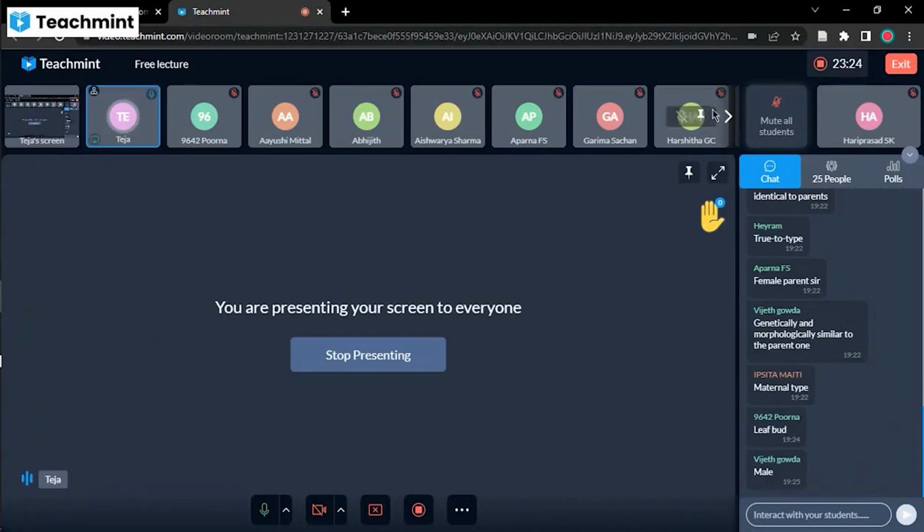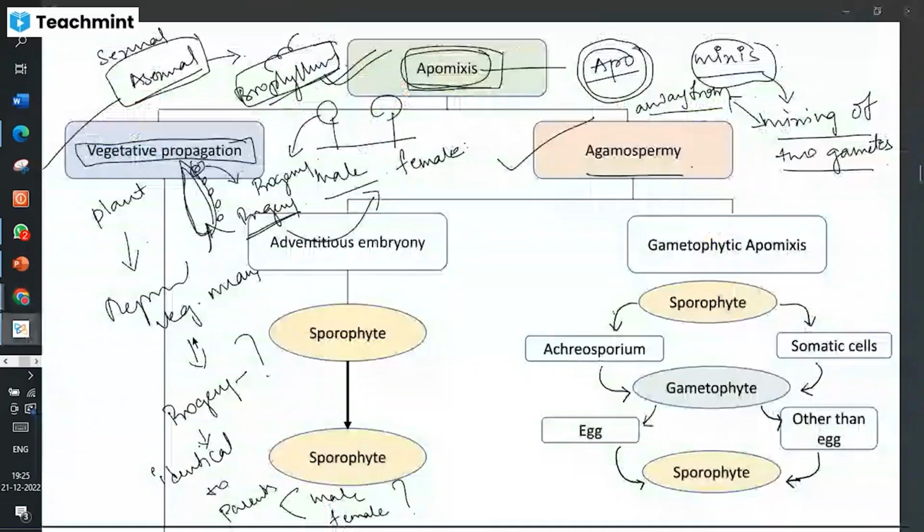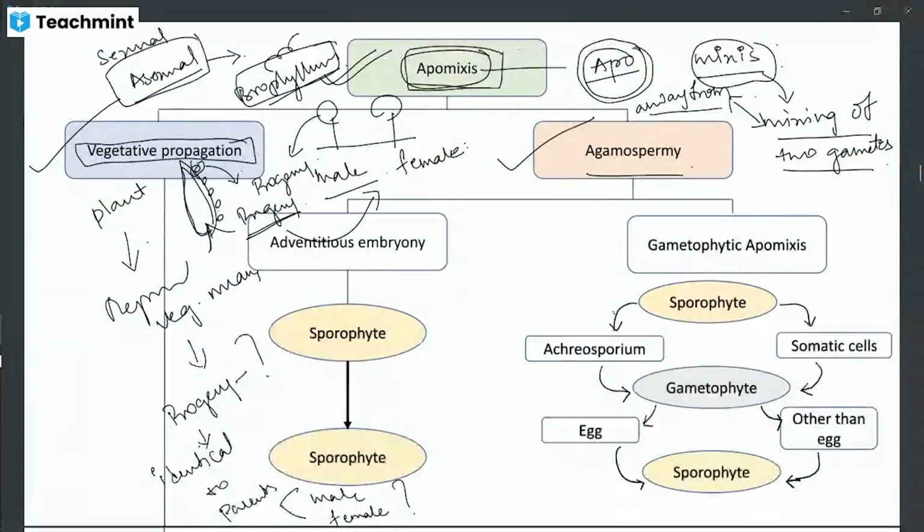So can anyone say that it is male, not female, or both male and female are possible, or only female is possible? One situation is over, many students replied identical to parents, then to the female parent, maternal type, now male. So can anyone say both male and female parents are possible, similar to both? Okay. So the apt answer would be, in the case of vegetative propagation, it might be what